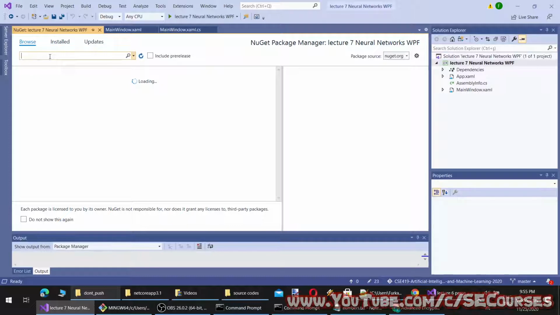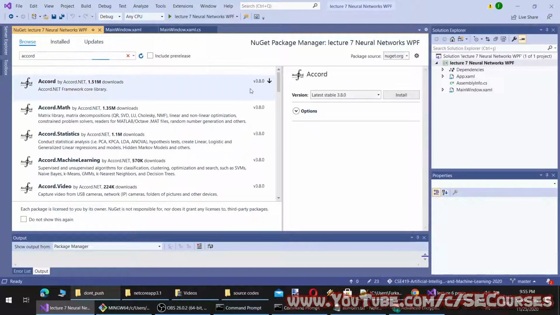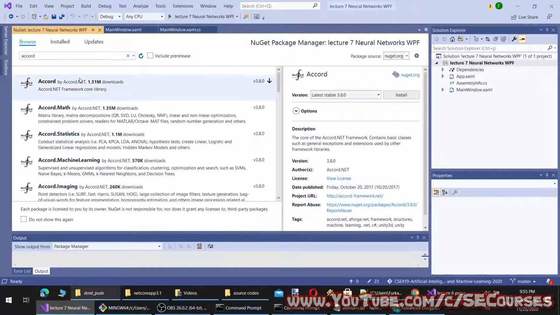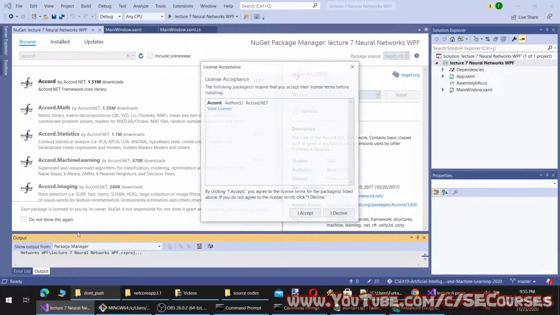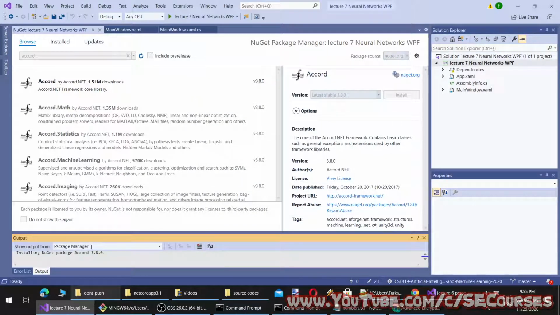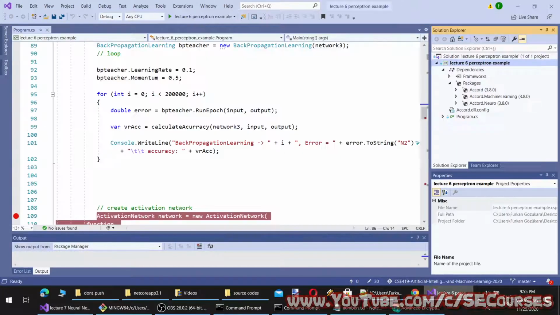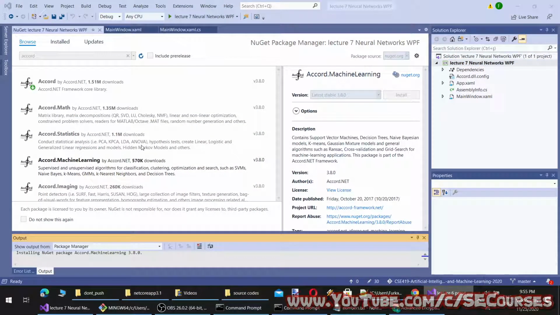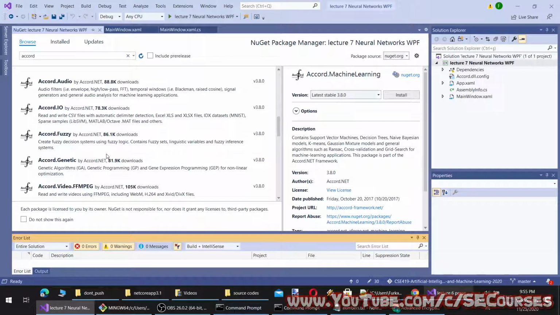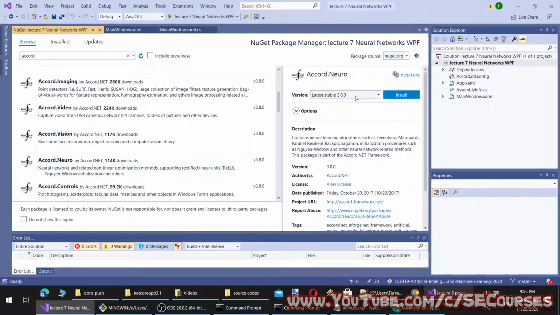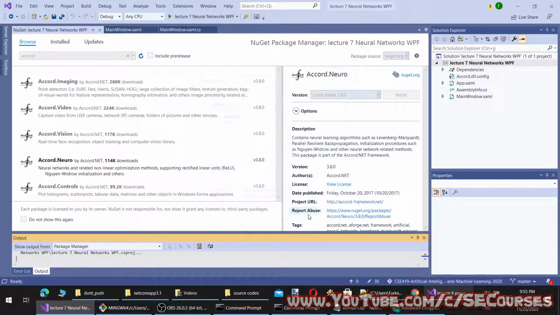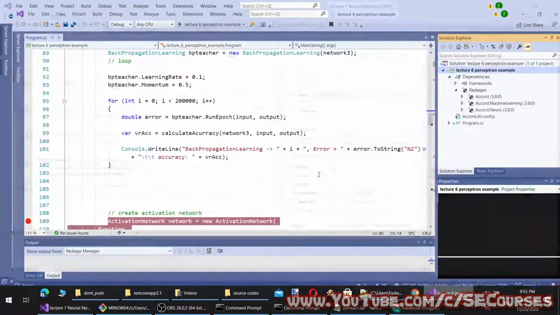Okay, it is the same as the console application. Okay, so the packages are installed.